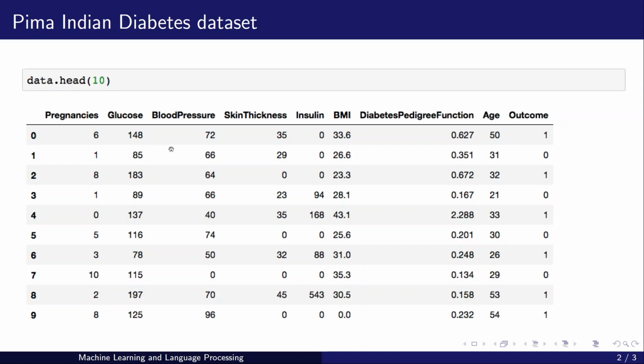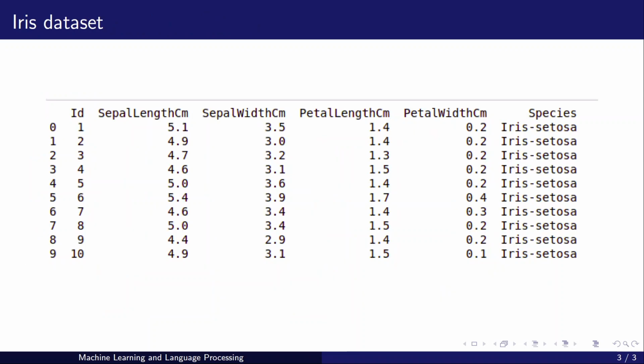In this dataset, all the values are numbers or floating point values. Note no text values are available. In the next dataset, we have four columns: sepal length, sepal width, petal length, and petal width, and the target is which species the flower belongs to.